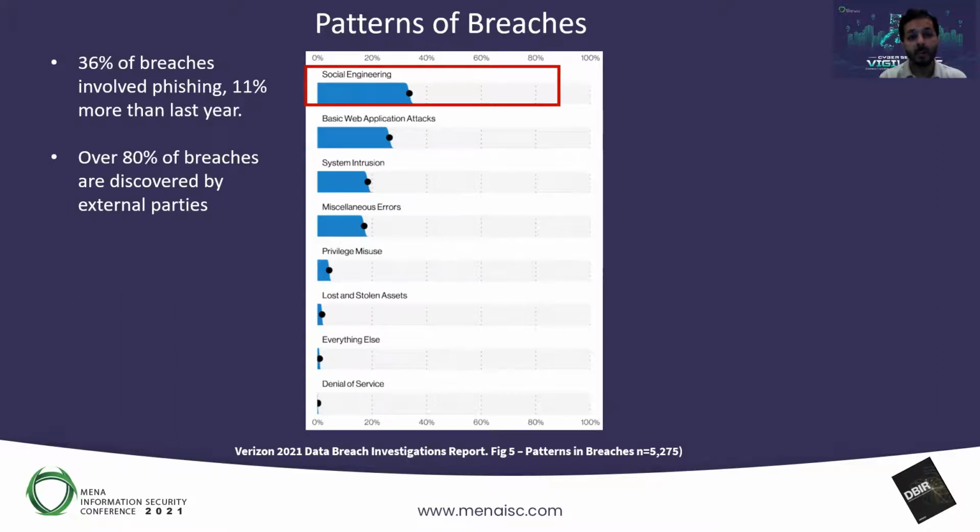For the vast majority, you can see that social engineering accounts for 36% of breaches, and for the most part, it's phishing, right? Phishing attacks, but not limited just to that. Then what's also interesting to know is 80% of the breaches are discovered by external parties. This could be law enforcement, could be other organizations that believe they're being attacked by your organization, whereas in fact, obviously, it's the malicious threat actor.